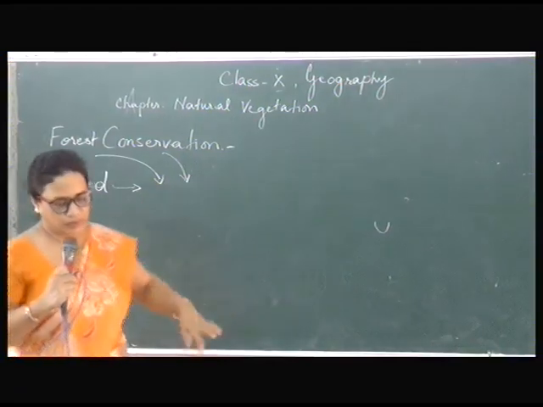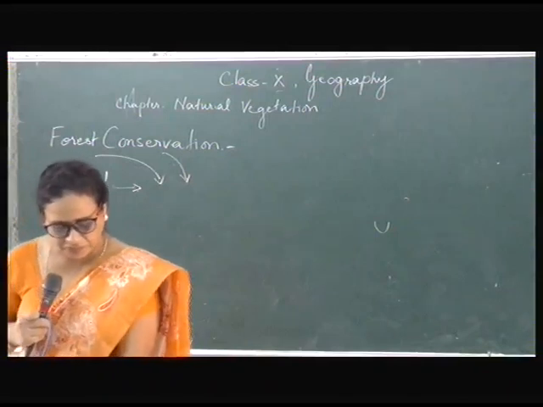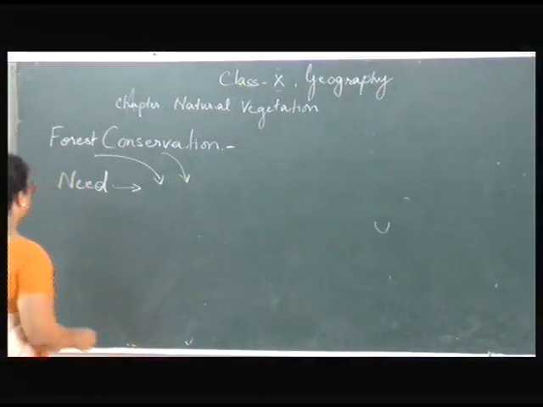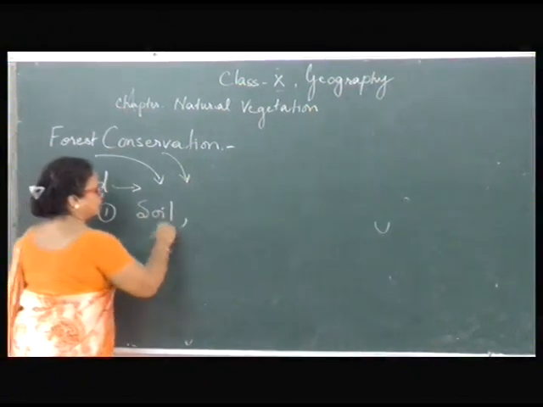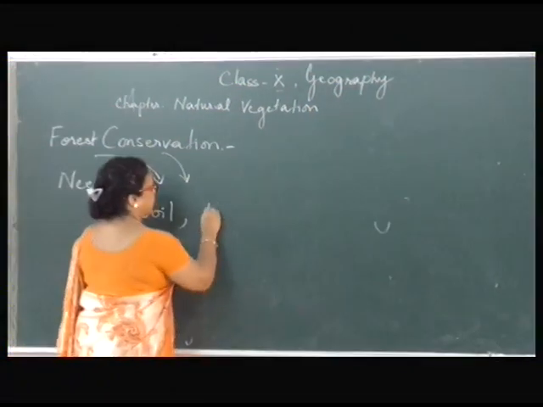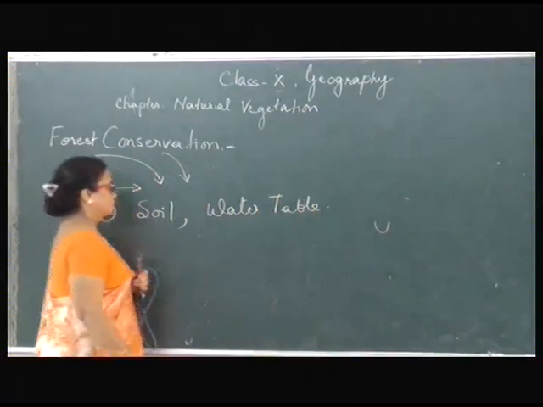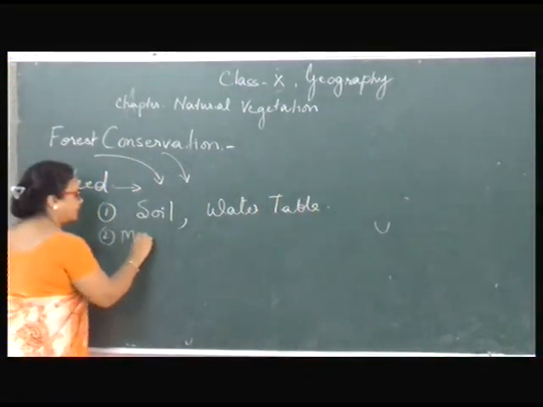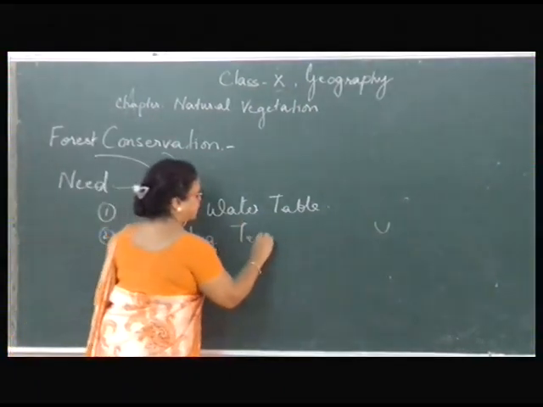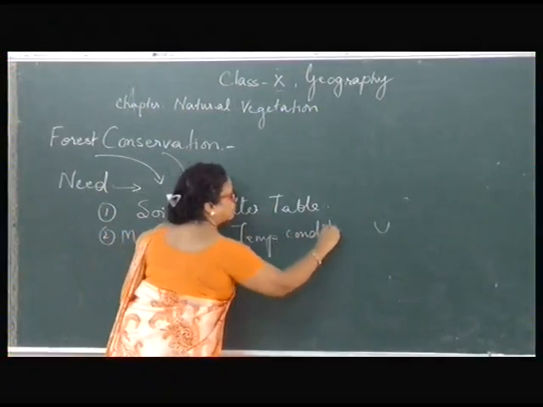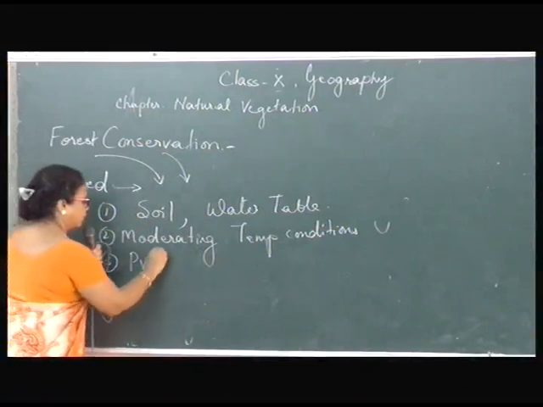Clear? So, you note down certain points. For protecting the soil, I'm just writing the words. For protecting the water table, for moderating the temperature, moderating temperature conditions, for protecting wildlife,